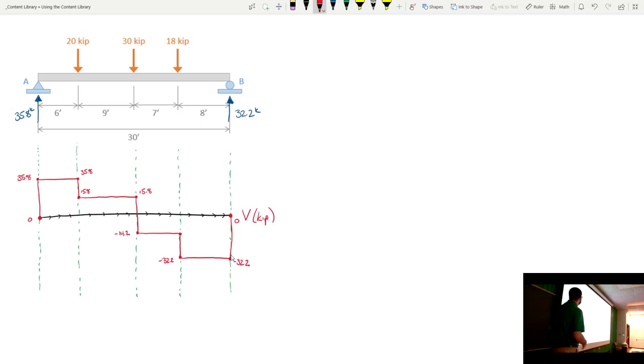Simply supported beams tend to need more shear resistance at the ends and more moment resistance in the middle, as you'll see here in a second, okay? Well, let me stop for a second, see if this part makes any sense. Everybody good on this? Okay, now,